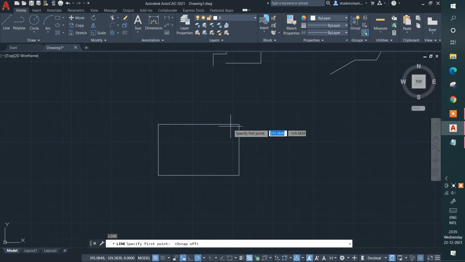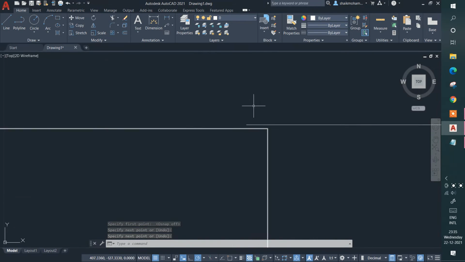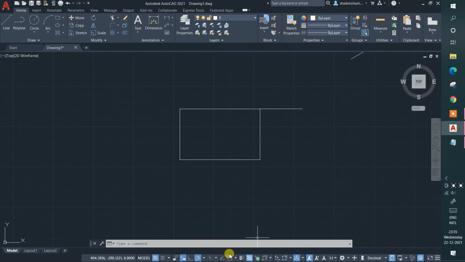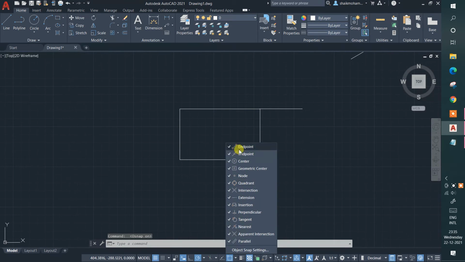Nothing. It's not indicating anything, guys. You can see if you are drawing a line from here, is it a perfect line, guys? Is it touching perfectly? Just zoom in. There is a gap between this one, guys. That's why you must turn on object snapping. Okay, and click on this, and you can enter anything, guys.